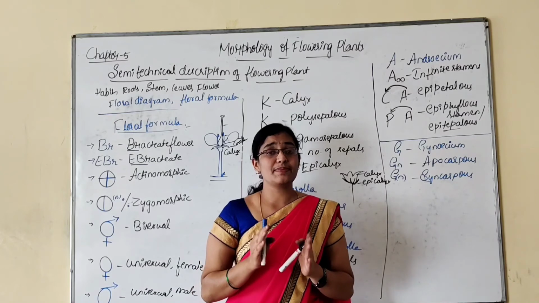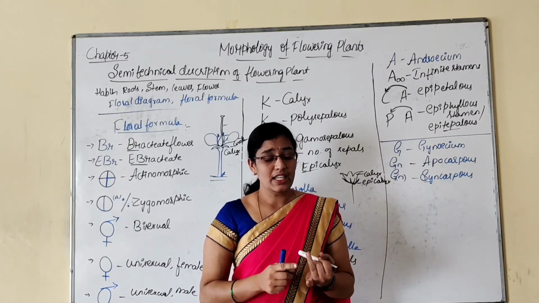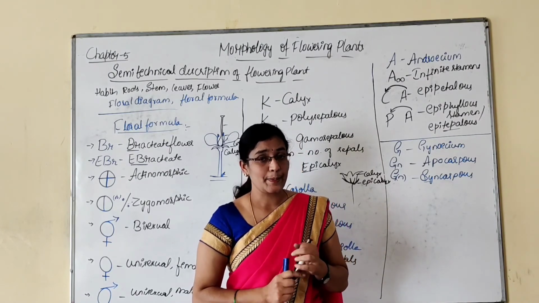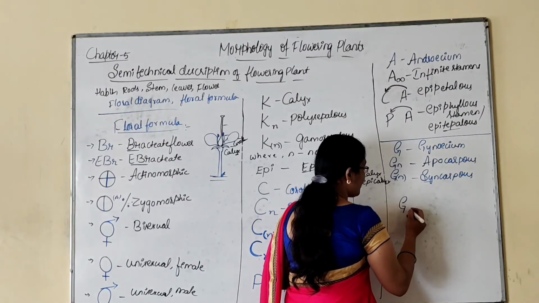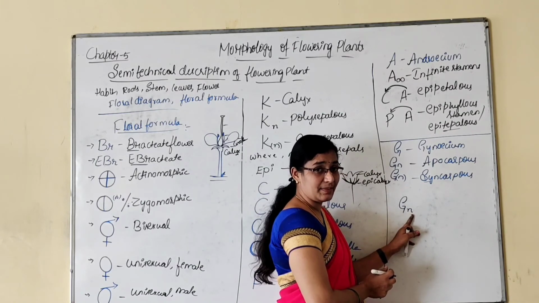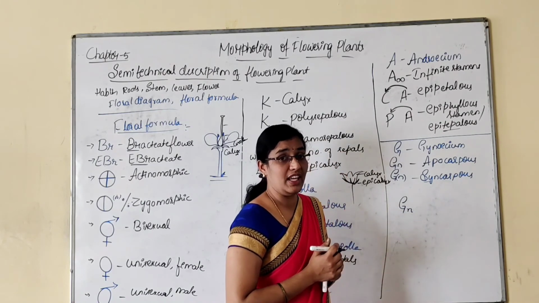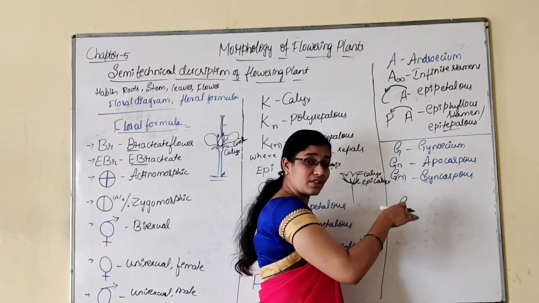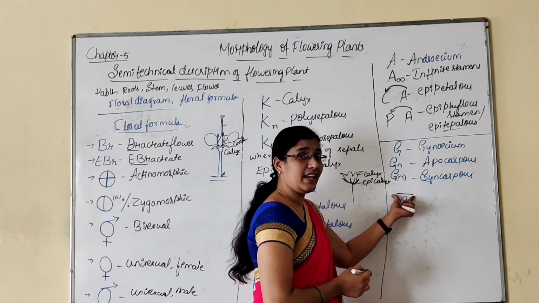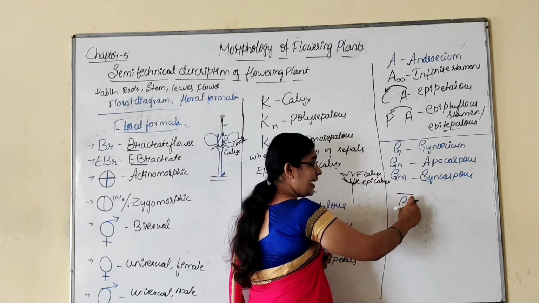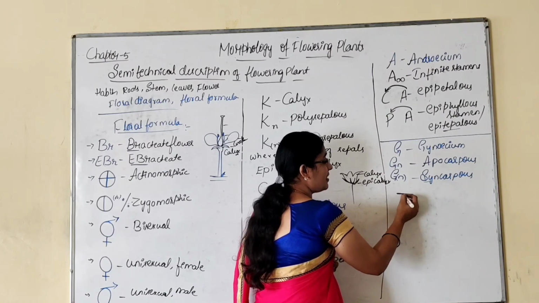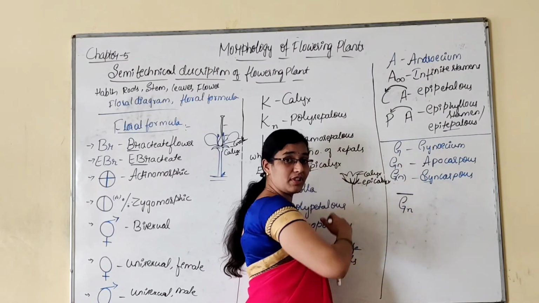And also here symbolically we have to represent the position of the ovary. I have told you with respect to the position, superior ovary, inferior ovary, as well as half inferior, half superior ovary. So how to represent the superior ovary? We write G and at its foot we will write N. So to indicate the inferior ovary, we will place the gynoecium towards the inferior position and above that we draw a horizontal line like this. That means gynoecium is inferior, whereas other whorls like calyx, corolla and androecium will be superior. That means they rise above the ovary at the head.